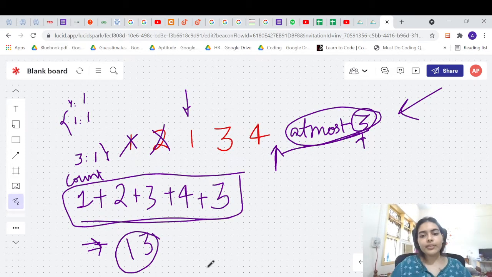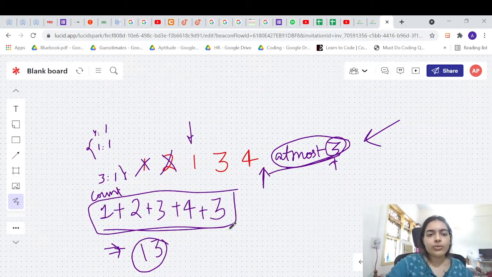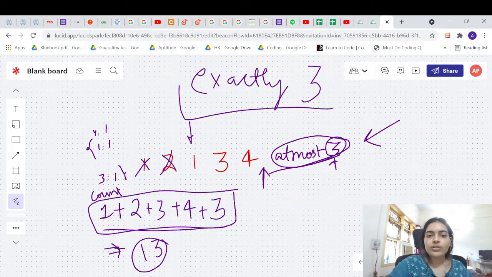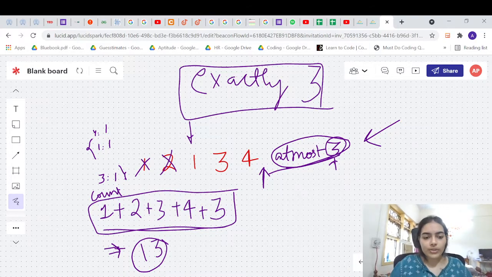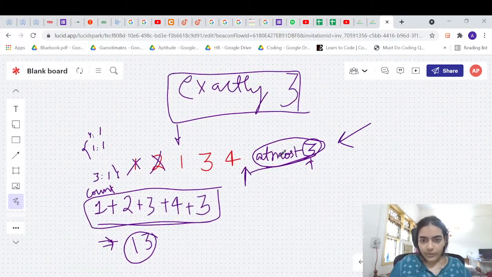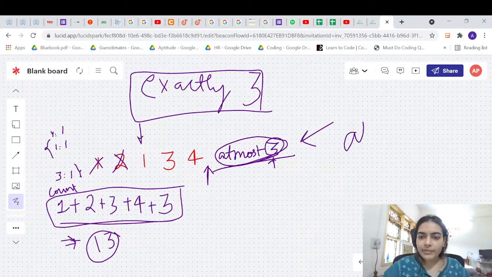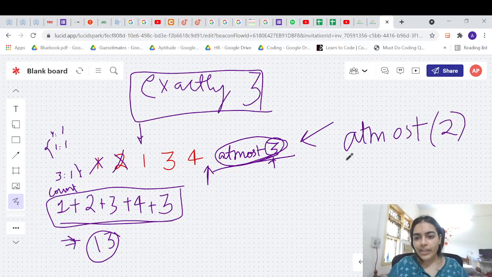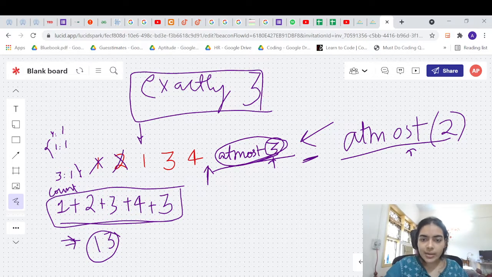Okay. Now, but what was the question? We have to find the number of subarrays which are having exactly 3. So how do you find that? See, it is simple. We found at most 3, right? Similarly, we will find the subarrays which are having at most 2. From this number, if you subtract this number, you will get the number of subarrays which are having exactly 3